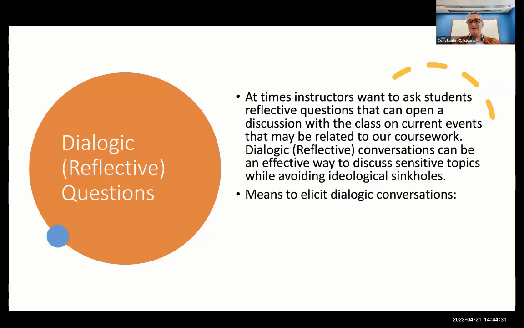Okay, so here are some means to elicit dialogic conversations. You can pause and reflect, or journaling. So when you show some current event like this that is troubling, do not ask your students to intervene or share their opinions right away. Maybe you can ask them to reflect on a piece of paper, or ask them at the end of the class, show something like this and say,